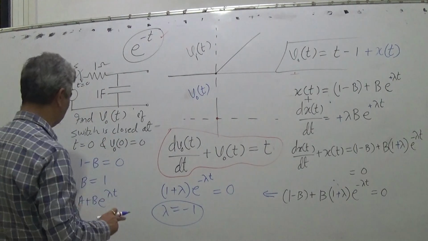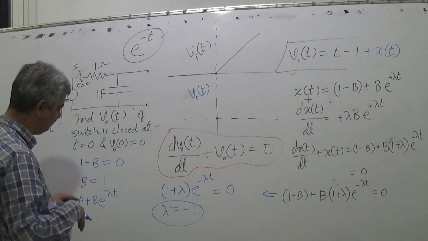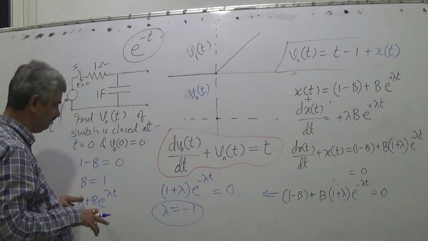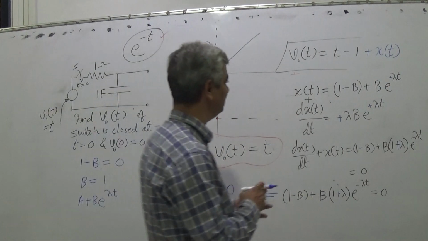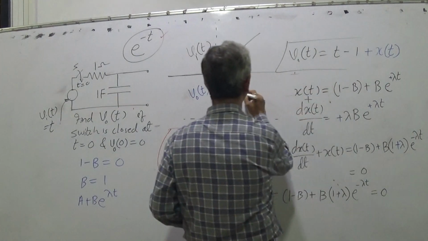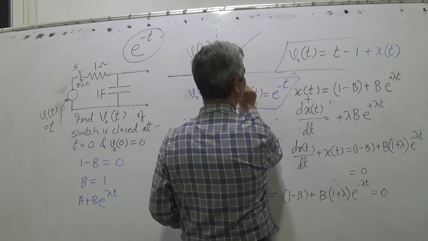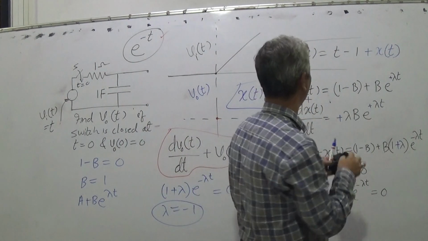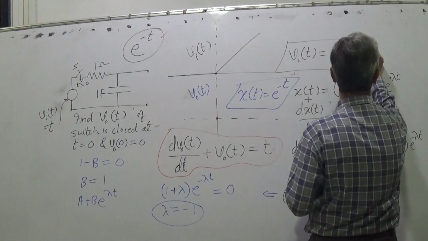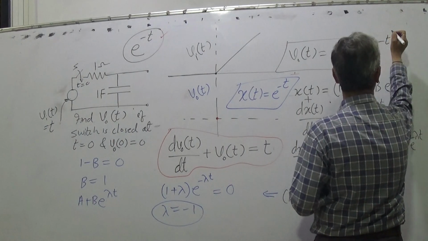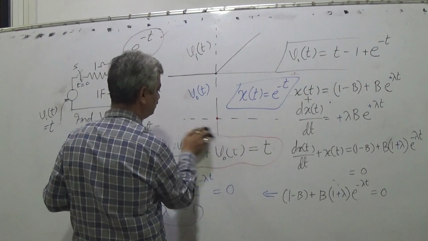Means ultimately the equation is, a is 0, a is gone now, because a is 1 minus b, b is 1, a is 0, lambda is minus 1. So the answer is x(t) is e raised to minus t. So the final answer expression for V out t is t minus 1 plus e raised to minus t. So what is e raised to minus t? e raised to minus t is a function